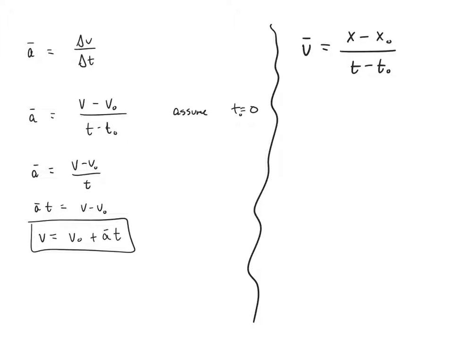Okay, our average velocity equation. Now, we're going to again assume that t0 equals 0. And the reason we do that is a lot of the time problems you start them at 0 seconds anyway. So you don't need this t0 concept. So this equation then reduces a little bit further into this. We could then get rid of t by multiplying both sides by time. And we have this equation here,